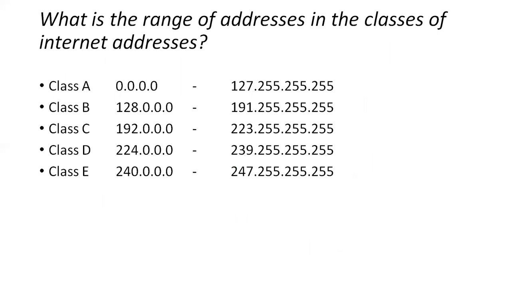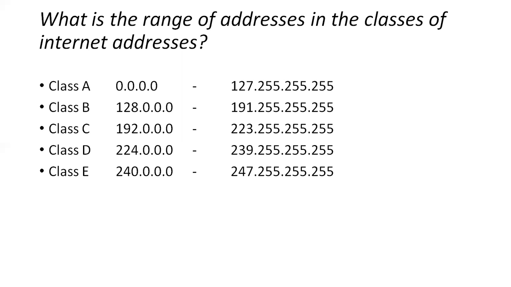What is the range of addresses in the classes of internet addresses? We have 5 classes. The first one is class A, which starts with 0.0.0.0 and has a maximum value of 127.255.255.255. Class B has a range starting with 128.0.0.0 and ends with 191.255.255.255. The third one is class C, which starts with the range